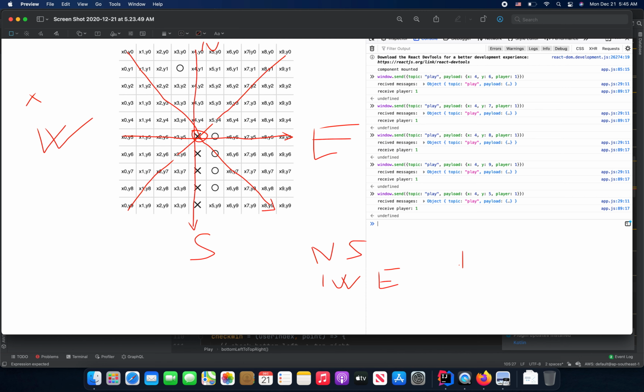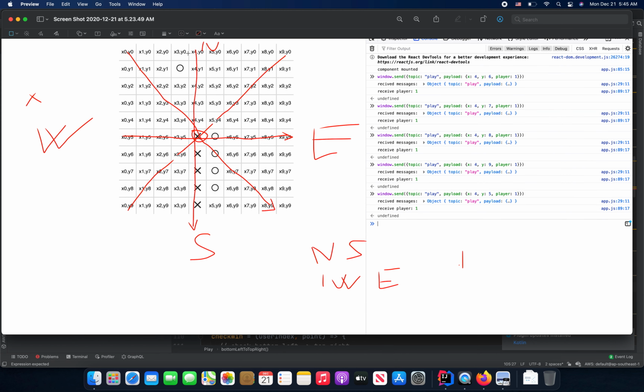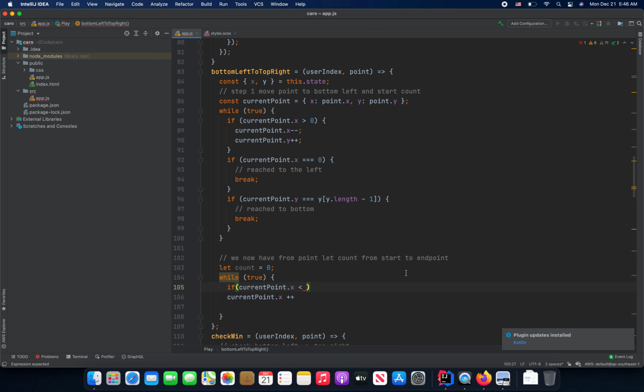So the H value is H1, H2, which is less than the maximum of X. If greater than, I think we don't need to check the right current point H. And in this case, if current point dot H,